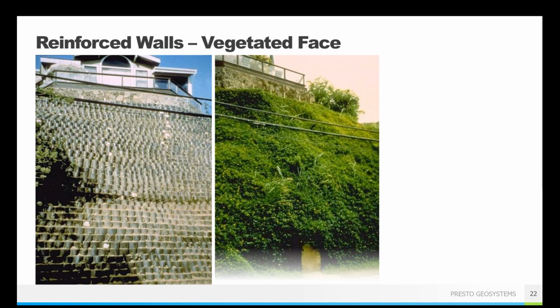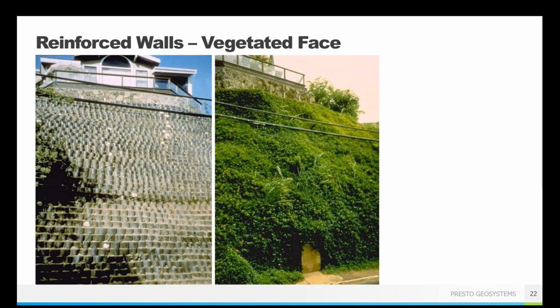And that's the same with the type of vegetation. Grasses, flowering vegetation, ivies, that sort of thing are great options for trying to grow this type of vegetated wall. You're not going to be able to put in large trees. I think everybody can sort of see how putting in an oak tree in the middle of this would be complicated and probably not super helpful. So keep that in mind when you're thinking about your vegetation, but the specific type of vegetation is not important. The specific type of topsoil is not important.